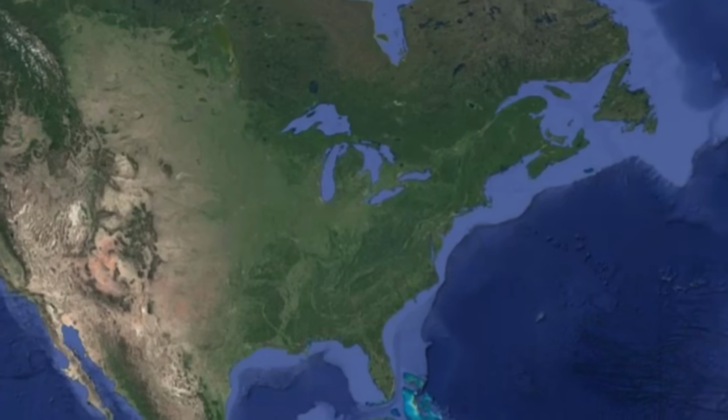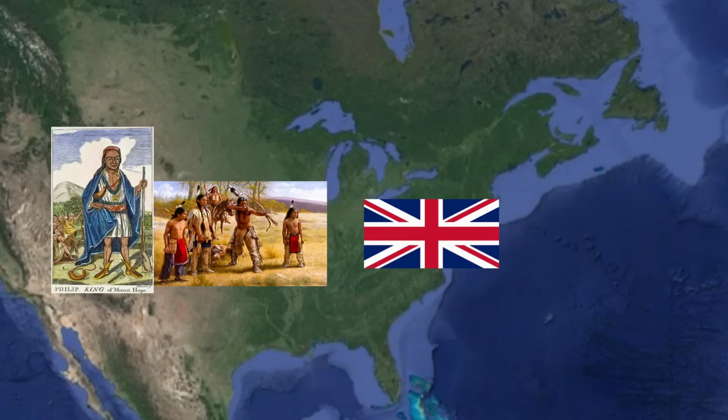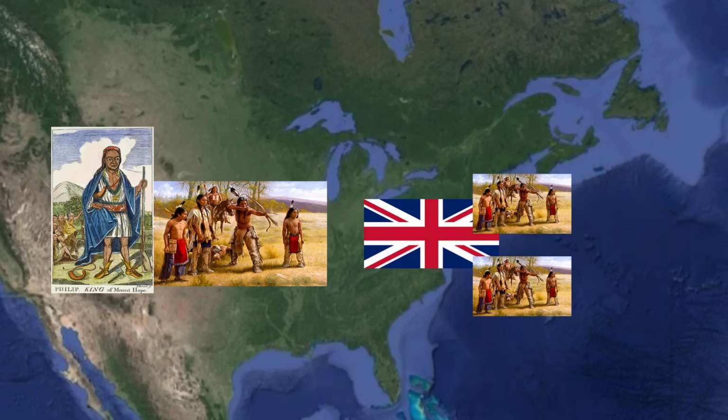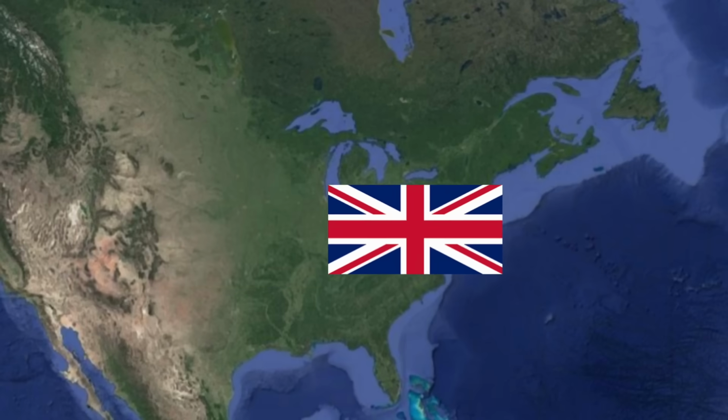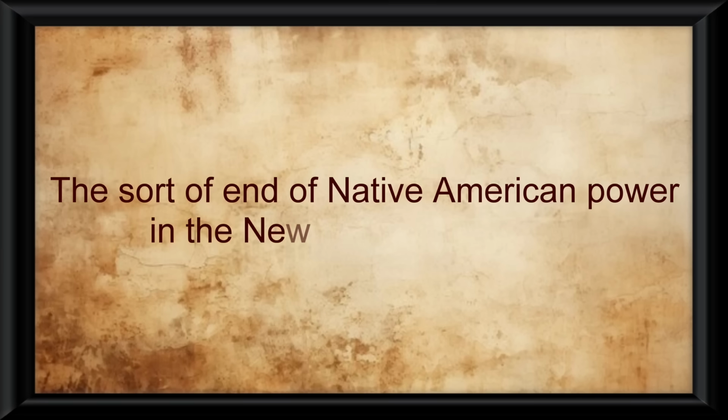King Philip was with the Native Americans and fought against the colonists along with a few Native American tribes. In the end, it was said that over 7,000 people died, and the colonists ended up winning. The effect of the end of this war was the sort of end of Native American power in the New England